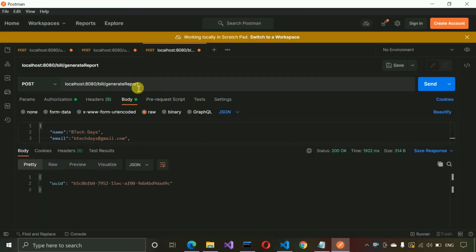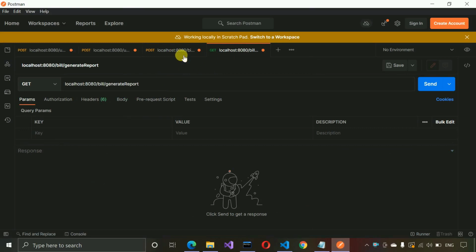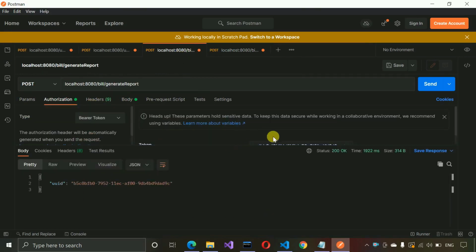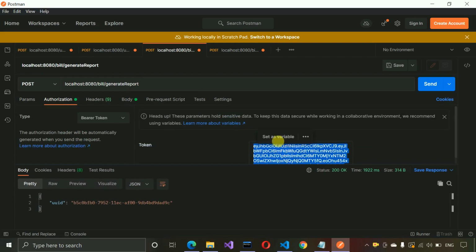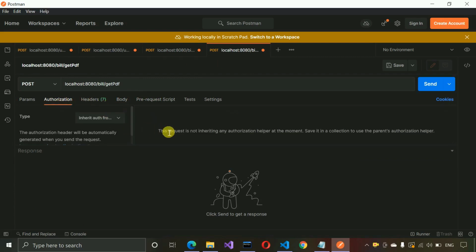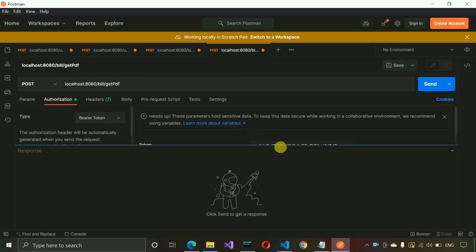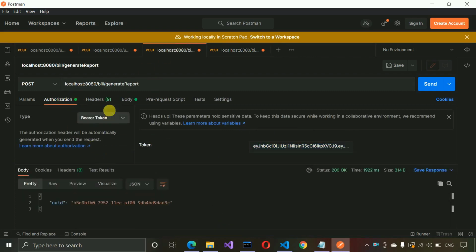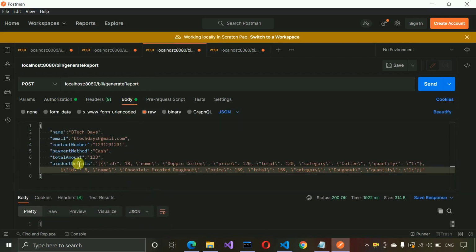Let me open a new one actually. Let me copy this one, paste it over here, and let me get PDF, and it should be a post mapping, body raw JSON, and we are also going to copy the authorization token, and paste it over here in authorization, bearer token. Let me decrease this one. Okay, and I'm going to copy the same body from here,